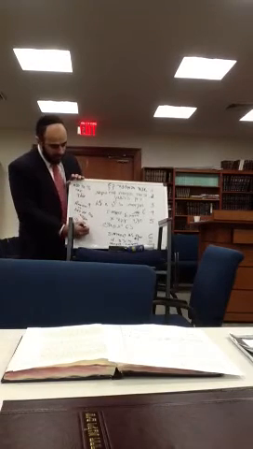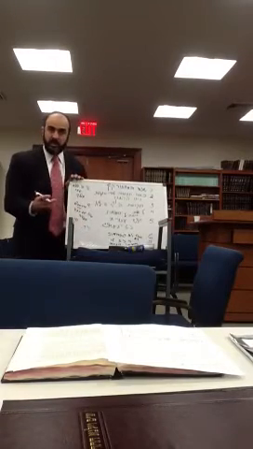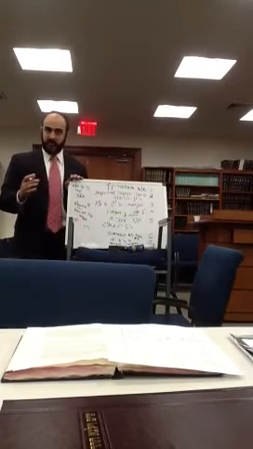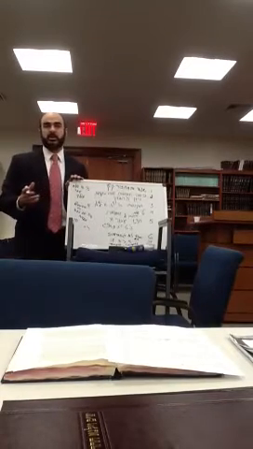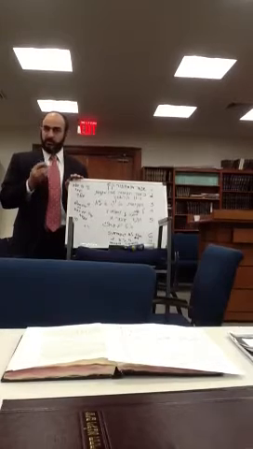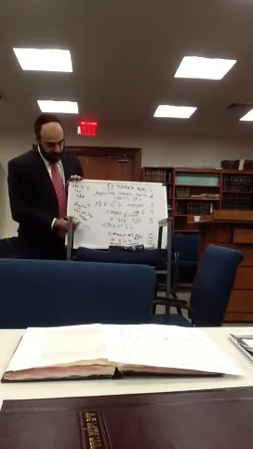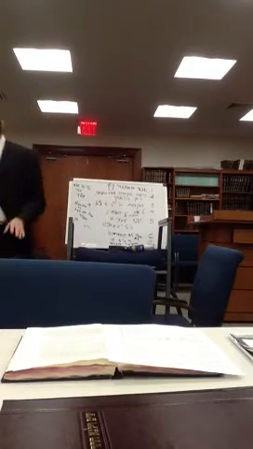So the next thing I need to do is find the Rosh Chodesh for that month, which we know how to do. Right? We know how to find the molad and we know how to find Rosh Chodesh. But for this purpose, you may want to just look in a calendar, but if you don't have a calendar, we already know how to compute Rosh Chodesh. Right? We know how to compute Rosh Chodesh for any month. So you find Rosh Chodesh for that month. Now, here's the funny thing.